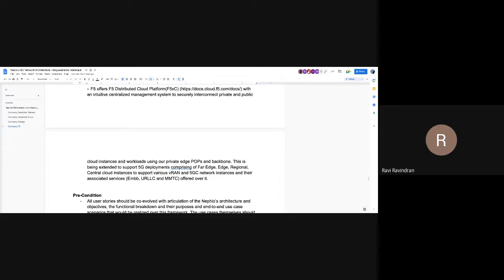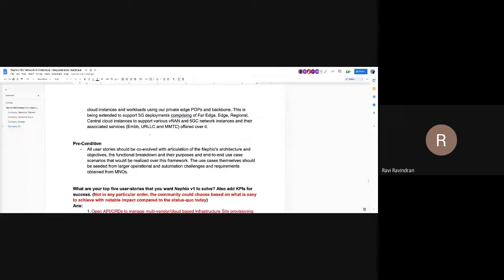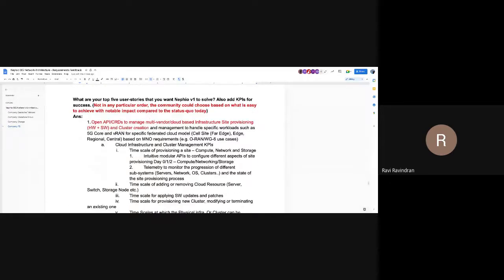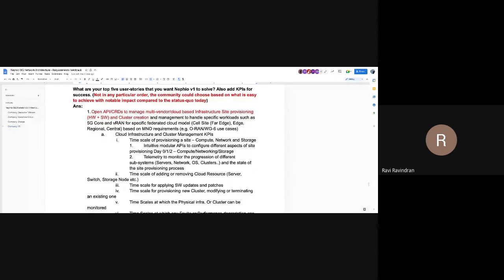But from a user story perspective, as I said, we have put it in such a way that it's not really in a particular order. Because as previous speakers were noting, all of these functionalities are being done in one way or the other, using a single vendor or using standards coming from ETSI, TM Forum, or ORAN or whatnot, right? So it's good to choose the use cases based on where there's maximum impact, where the usefulness of Nefio can actually be shown in a way that solves a critical pain point, so to say.